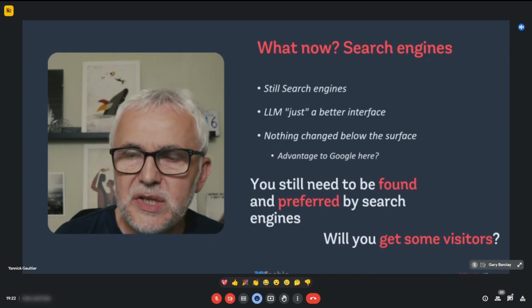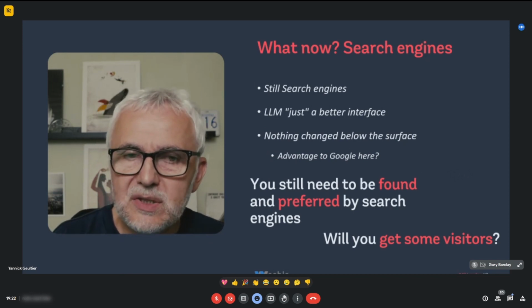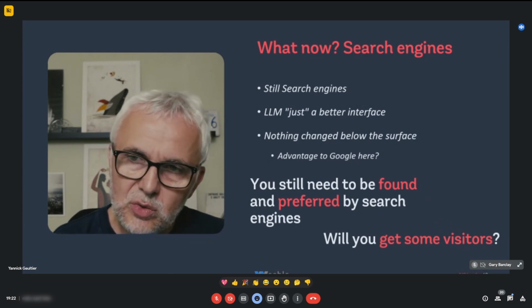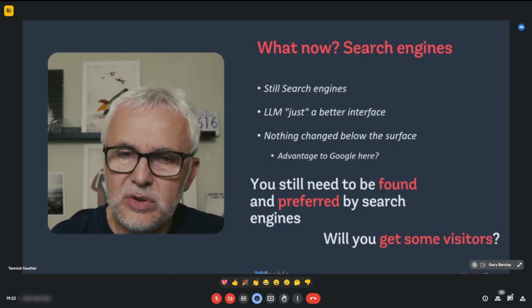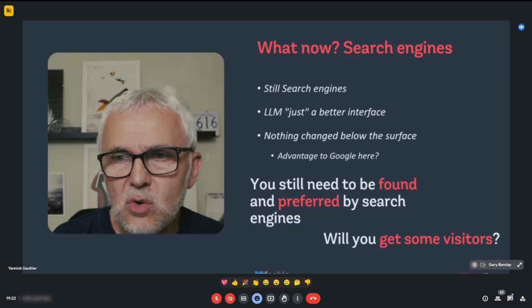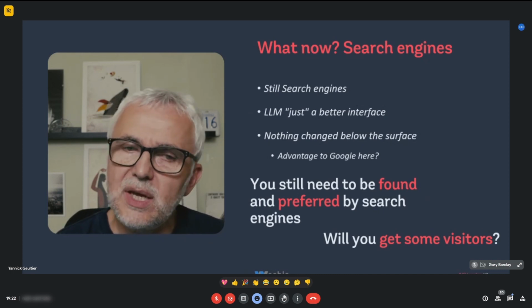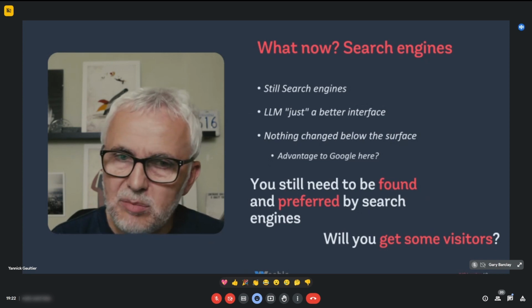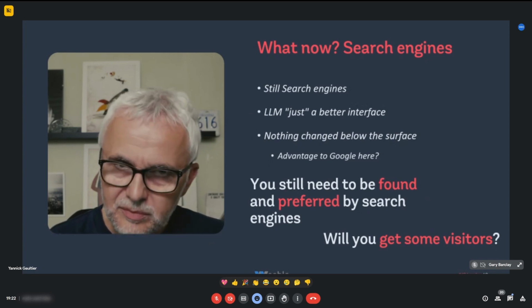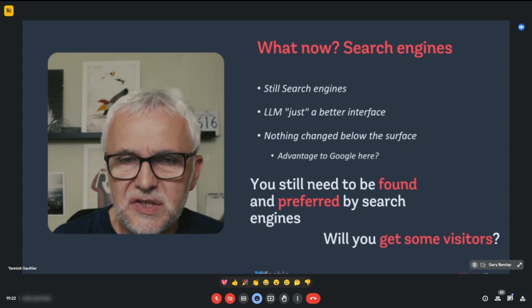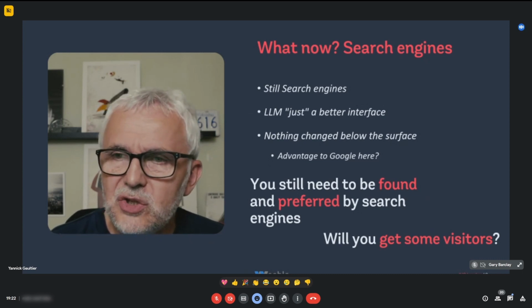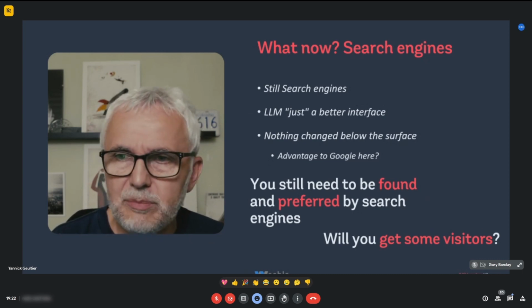So search engines are now using LLMs such as ChatGPT essentially to speak with you, to understand your question, to let you explain your question in a more natural way, and then to reply to you. But below the surface, they are still search engines, and they are still searching for things through the usual methods.